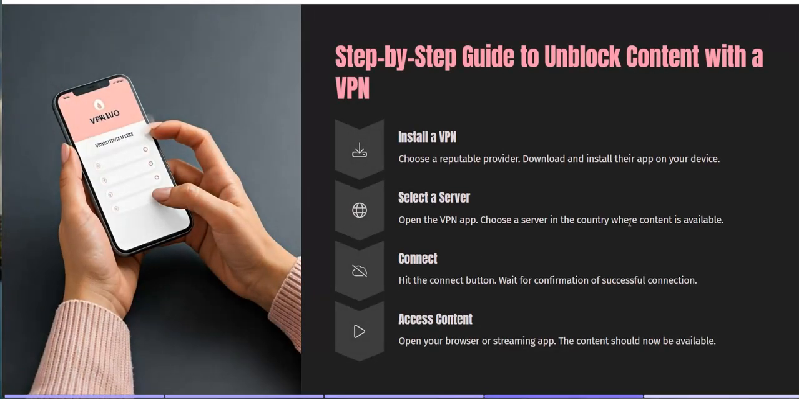So just to summarize, you choose and install a VPN, pick a reputable provider, download and install either their app or their software, choose a server, open the VPN app, select a UK server. If you're using NordVPN and you want BBC iPlayer or something like that, use one of their servers that are specially set up for that. Ask your provider if there is anything with them. Hit the connect button, wait till your VPN is connected, and then just go to the content and pretend you